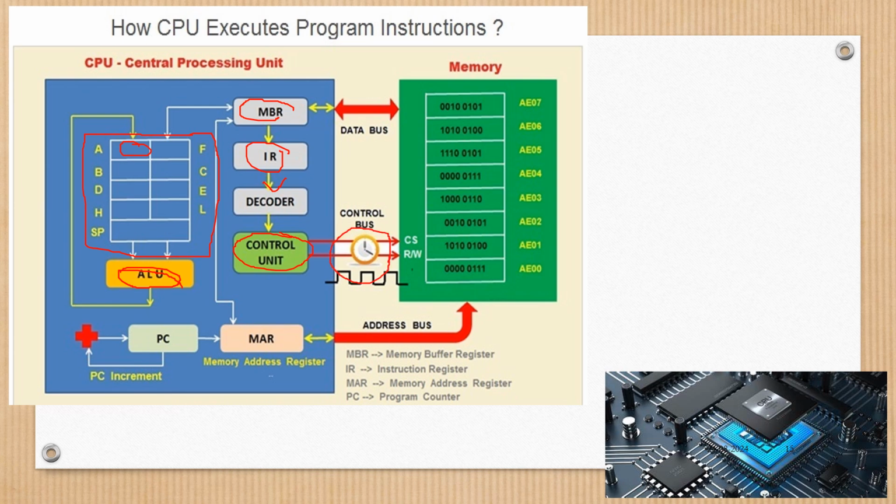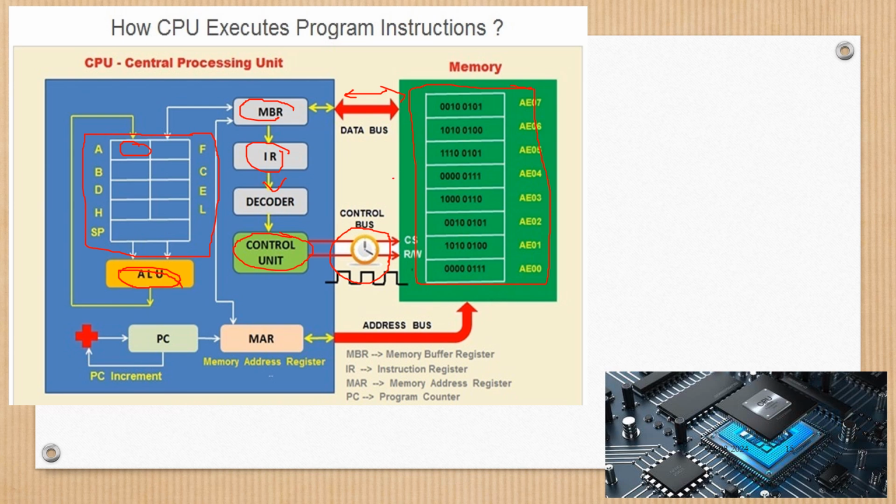This is the data bus to transfer the data between the ALU and the memory unit. And this one is the memory where the data and the instructions are stored,